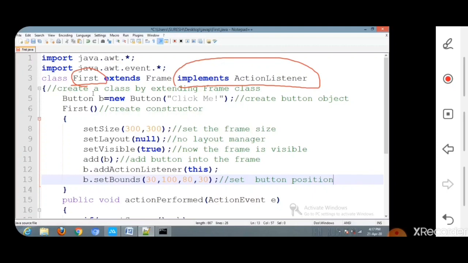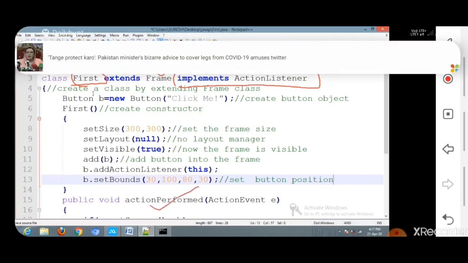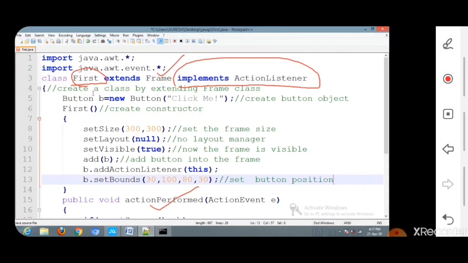and this ActionListener is found in the import java.awt.event.*, the java.awt.event package. It has only one method, that is actionPerformed.